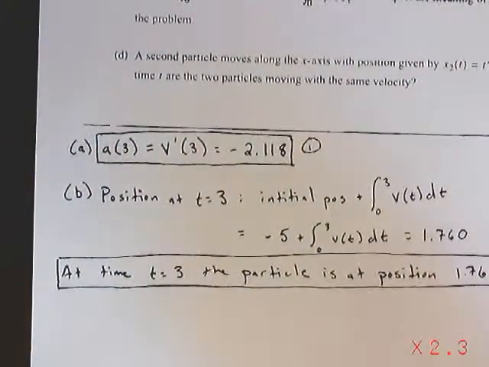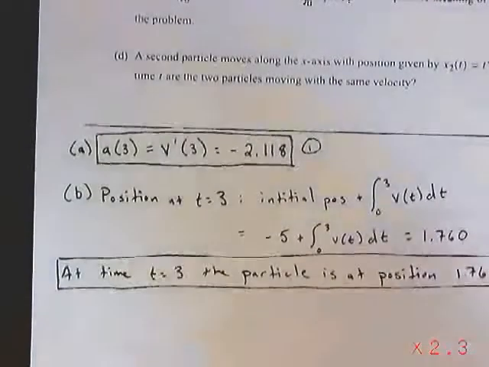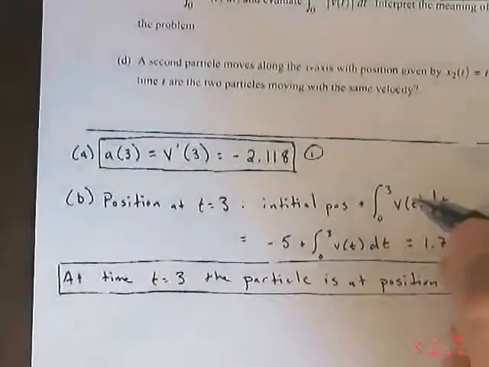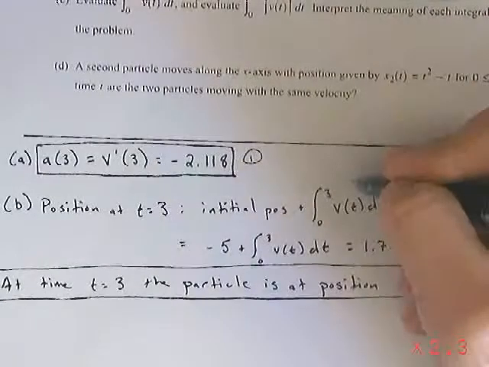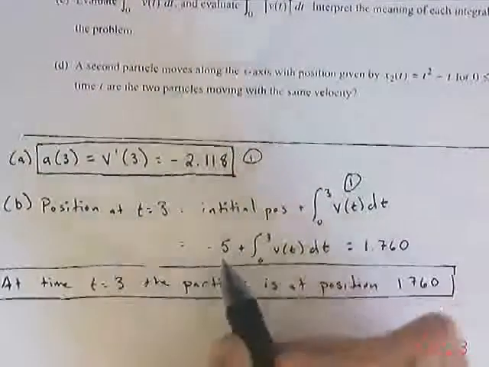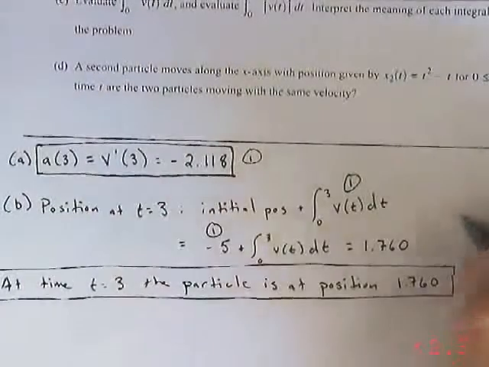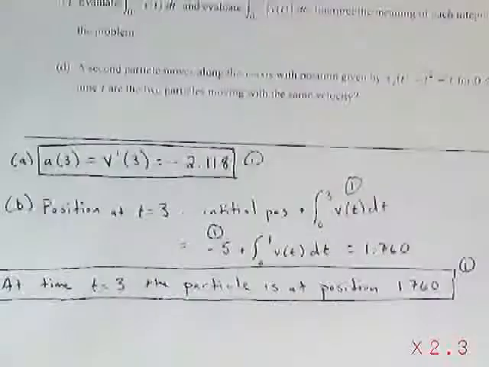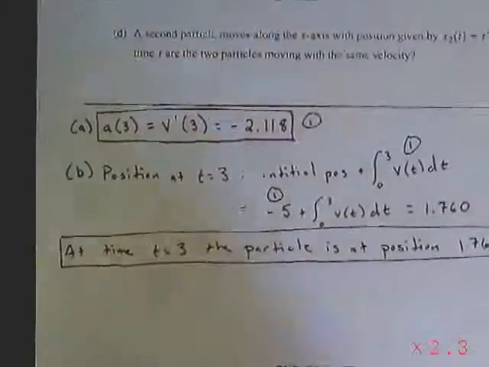This, I believe, was a 2-pointer. Might have been a 3-pointer, actually. Let's see. 3-pointer. You got 1 point for setting up this integral, 1 point for recognizing the initial position, and then 1 point for your answer. 3 points. Okay, part C